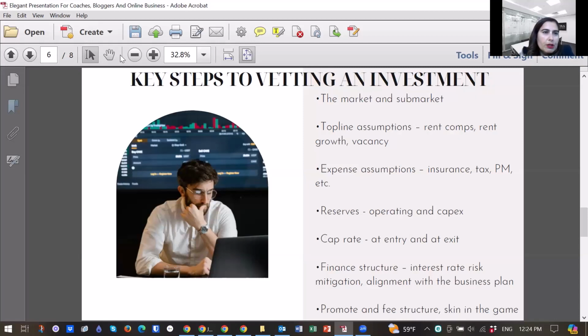So that brings me to the next item, which is top line assumptions. And if there are two items that can impact the value of a deal exponentially, that's one of those, the top line assumptions, particularly when it comes to rent growth. We were very blessed in the past couple of years to see pretty sizable rent increases, but those are very unusual in nature. So really understanding what the rental comps look like,